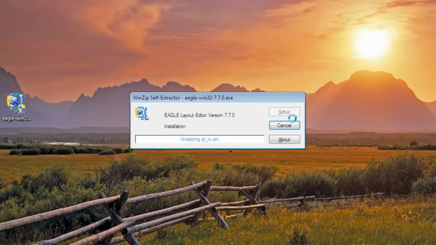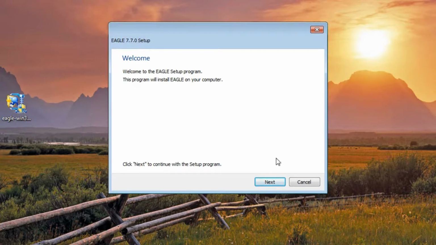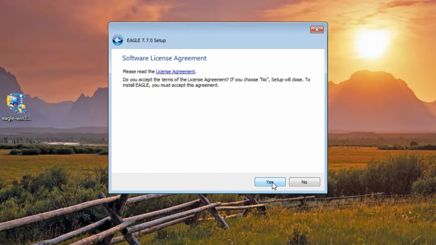Click on Setup. Click on Next. Click on Yes.